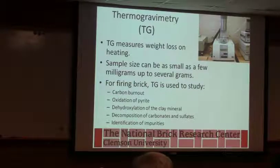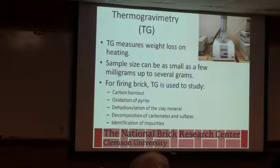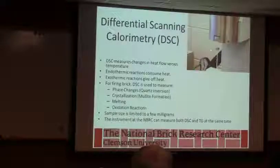more uniform temperature distribution, better atmosphere control, things like that. So we can study a number of things that go on in the raw material, and I'll show you some examples. If we want to measure that heat flow, this is called a DSC,